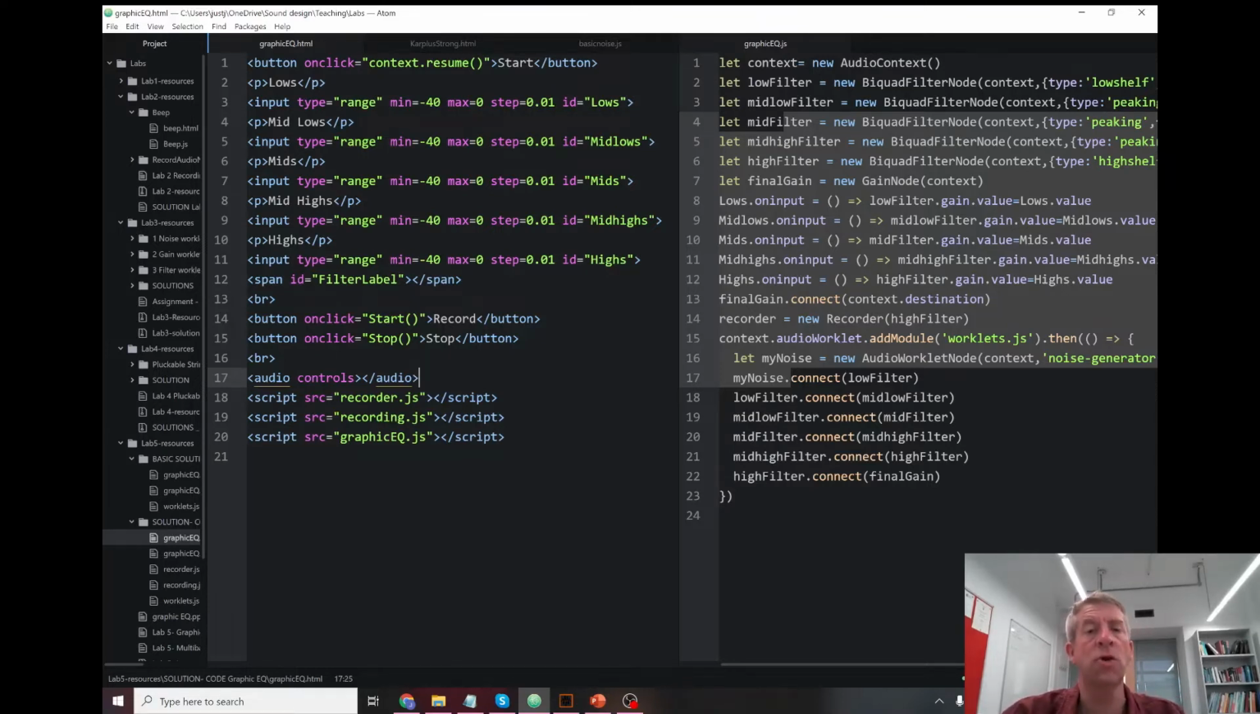Someone needs to turn on the sound on a web page. Then we have the range control or slider for the low frequencies, then mid-lows, mid-frequencies, mid-highs, and then highs. So we're going to have 5 sliders here, and hence we're going to use 5 filters. The rest of the code is just